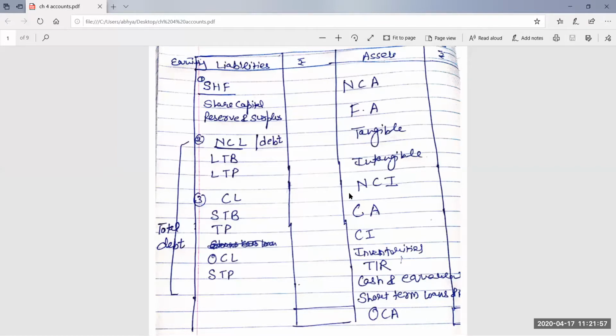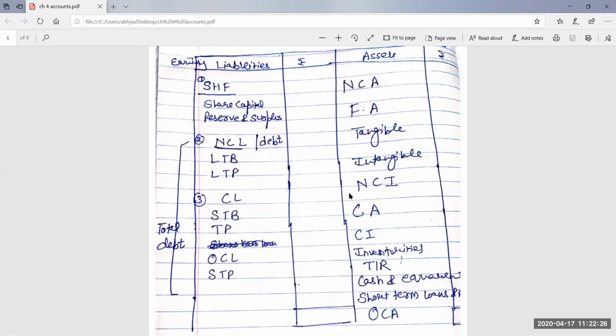Yes, very good, Anmol. Equity and liability minus non-current liability. No, equity and liability total is not given. Total assets is given. Total assets, yes, very good, Shubhangi. Total assets will be equal to total liability. Very good. So total assets or total equity and liability minus shareholder funds. Shareholder funds will also be deducted.